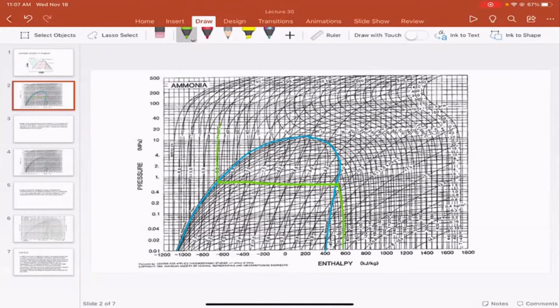And you'll see that above the critical temperature, like here at 200 degrees, that one never touches the phase change regime, right? And that makes sense, right? If you're above the critical temperature, then